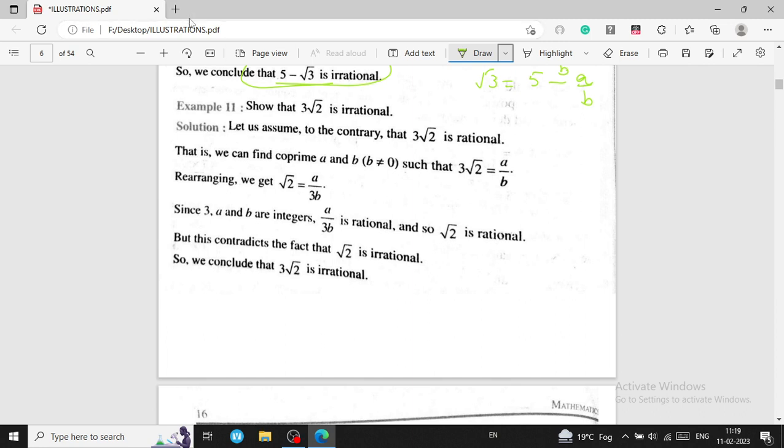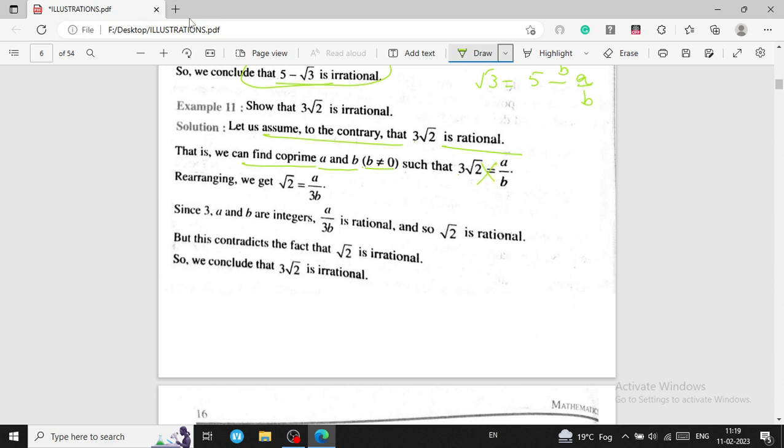This will also be irrational, because root 2 is irrational, and when we multiply an irrational number with a rational number, we get an irrational number. So assume 3 root 2 is rational. Then we can find co-prime a and b, where b is not equal to 0. This can be written such that 3 root 2 is equal to a over b, and by cross multiplying we will find